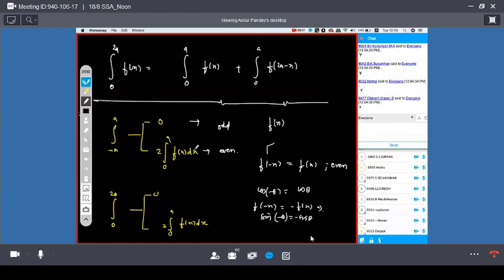Now how to do integration of this type, you can learn from 7th. Clear? Whereas this situation is different. It will be 0 or the same thing, but the requirement is different. What is the requirement? It is 0 if f of 2a minus x is equal to minus f of x.